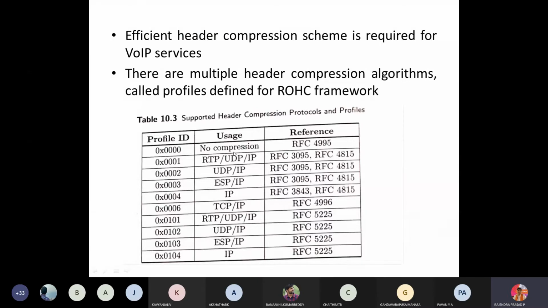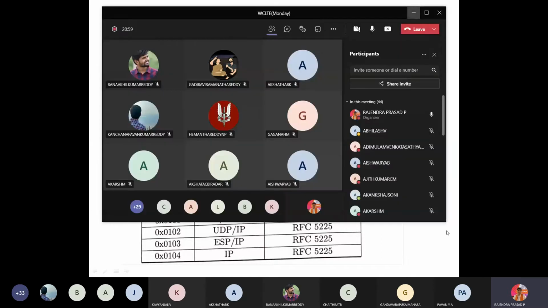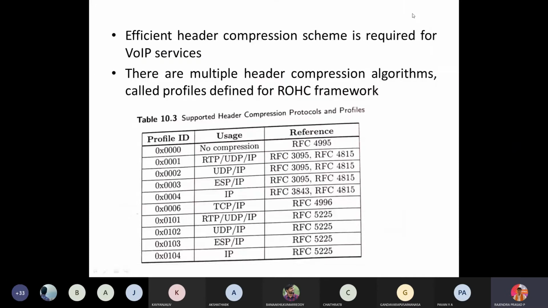RFC 4995 is for no compression, right? Why are these values required? We should write them in the protocol format, and then we need to send them. Sir, where am I going to observe these things? At the device level, it will be at IPv4, which is your system requirement. And for the network provider, those provider values it is going to check. So UDP, no compression, TCP/IP, Internet protocol, user datagram protocol, special purpose protocol. All those protocols you can have. And what is the reference it is going to take? This is with respect to the physical devices, which is going to be highlighted in this part.